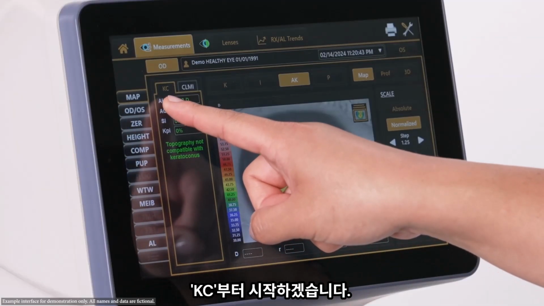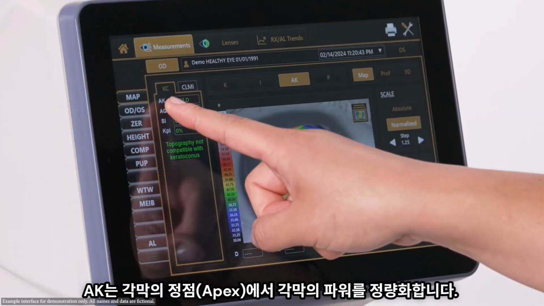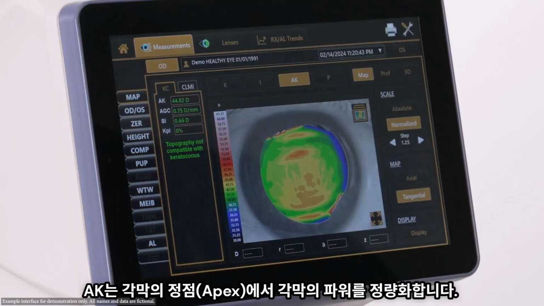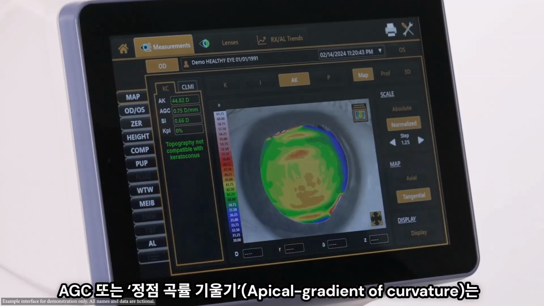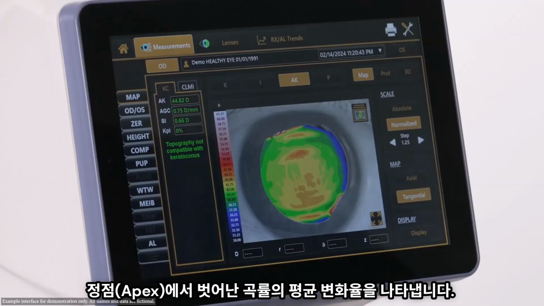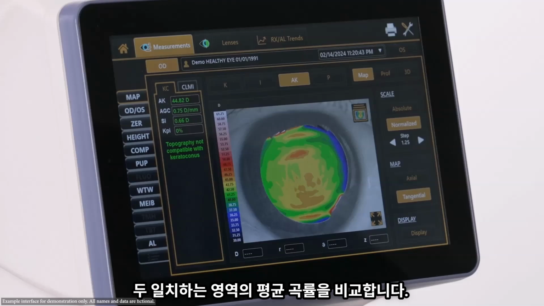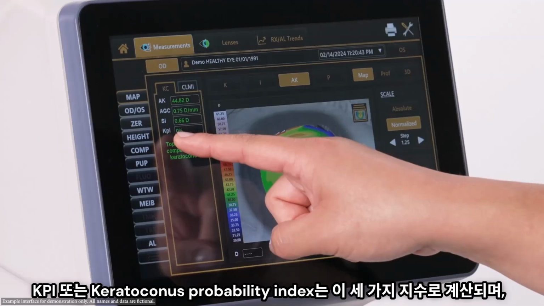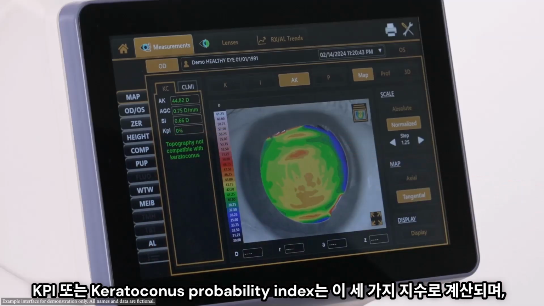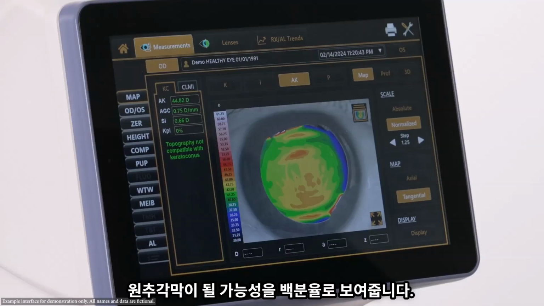We'll start with KC. AK quantifies the power of the cornea at its apex. AGC, or apical gradient of curvature, displays the average rate of change of curvature away from the apex. SI, or symmetry index, compares the average curvature of two matched zones in the superior and inferior cornea. KPI, or keratoconus probability index, is calculated from the previous three indices and states a percentage likelihood that the cornea